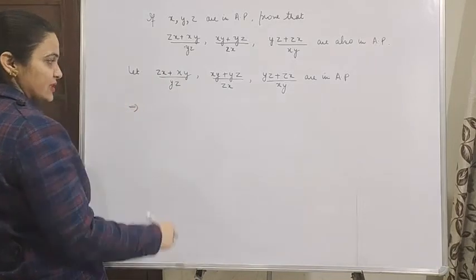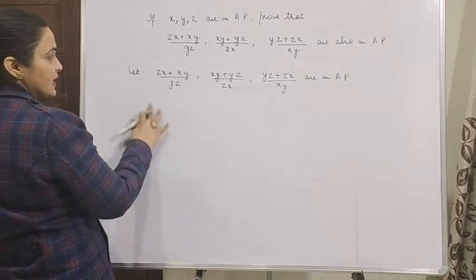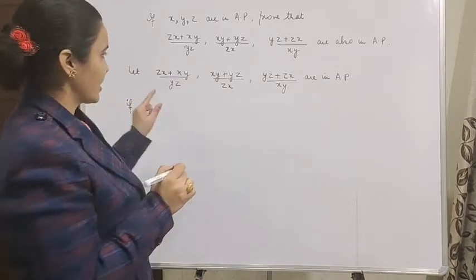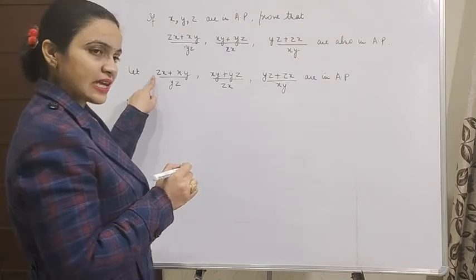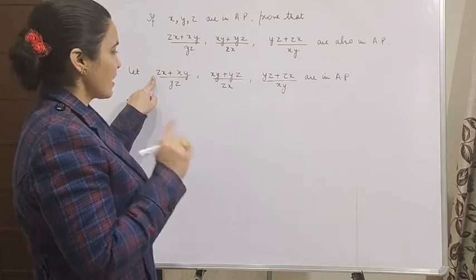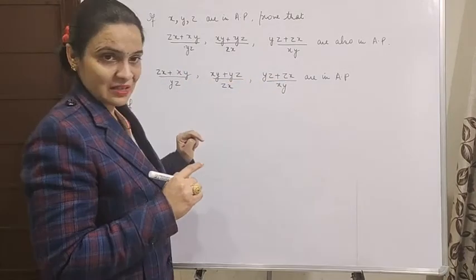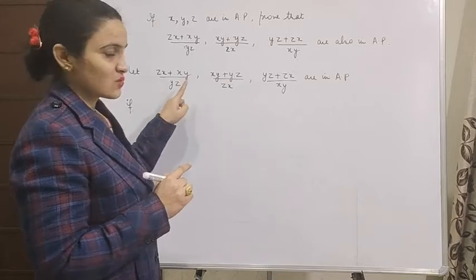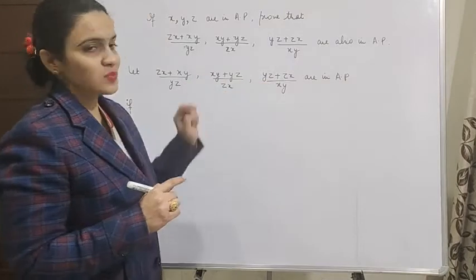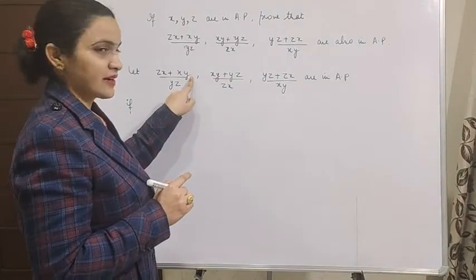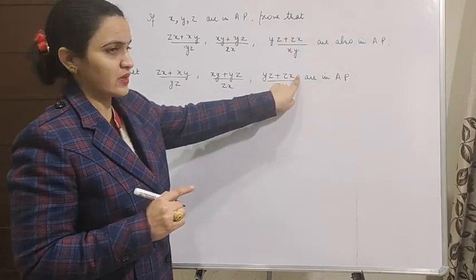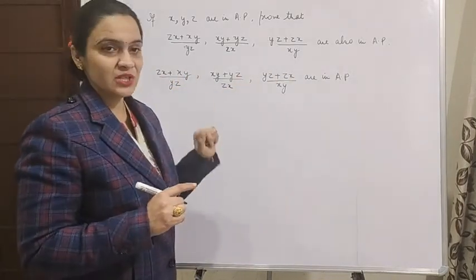ठीक है, हम वहां तक इसको लेके जाएंगे. अगर ये AP में है तो नीचे वाली टर्म भी AP में होगी. कैसे, हम इसमें क्या करेंगे, कांस्टेंट ऐड करेंगे. अब वो कांस्टेंट कौन सा ऐड करेंगे, हम ये चाहते हैं कि ऊपर वाली सारी टर्म्स कैंसिल हो जाएं और फिर हम मल्टीप्लाई करेंगे xyz से, तो yz कैंसिल हो जाए और ऊपर x आ जाए. तो वो कांस्टेंट क्या होगा जो हम ऐड करें. अगर हम यहाँ पे 1 ऐड कर दें तो ऊपर yz ऐड हो जाएगा, यहाँ पे zx और यहाँ पे xy. फिर ये ऊपर वाली सारी टर्म्स सेम हो जाएंगी.